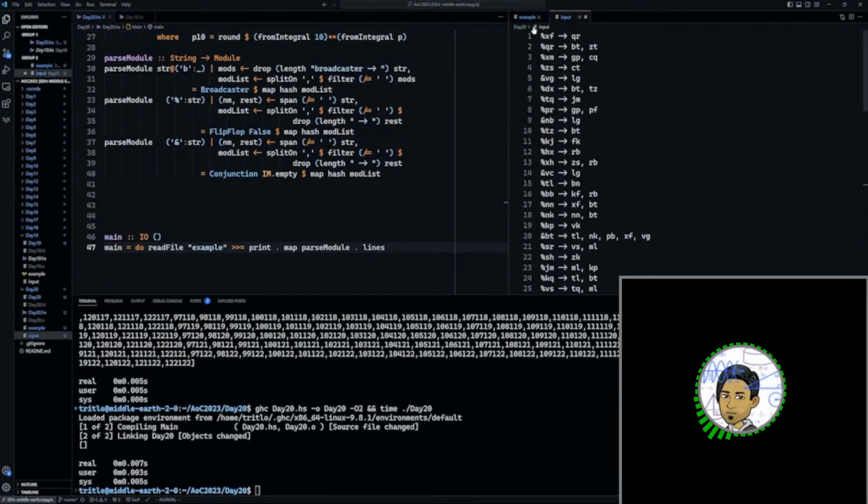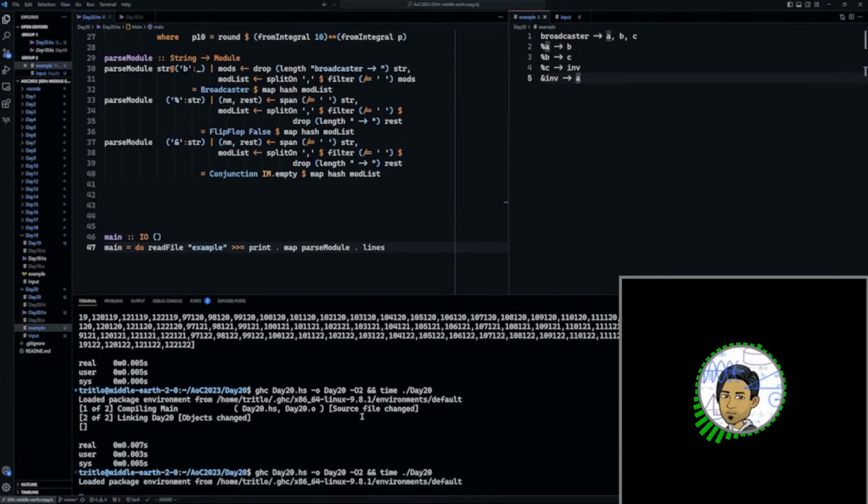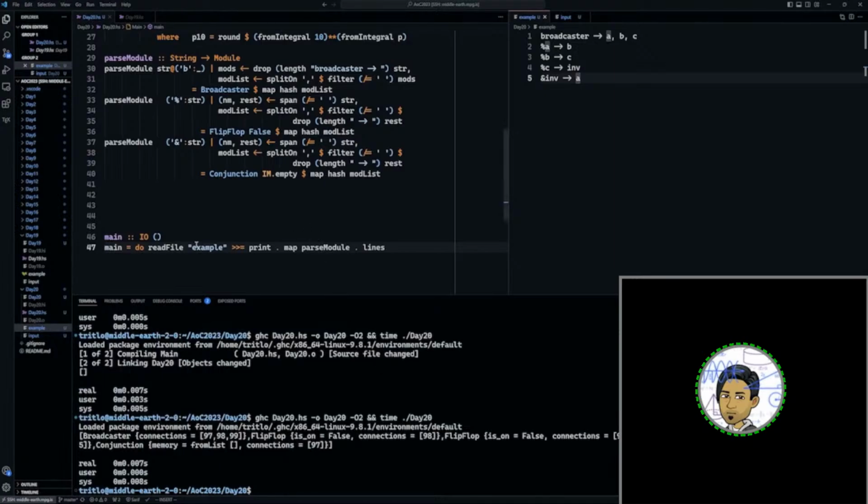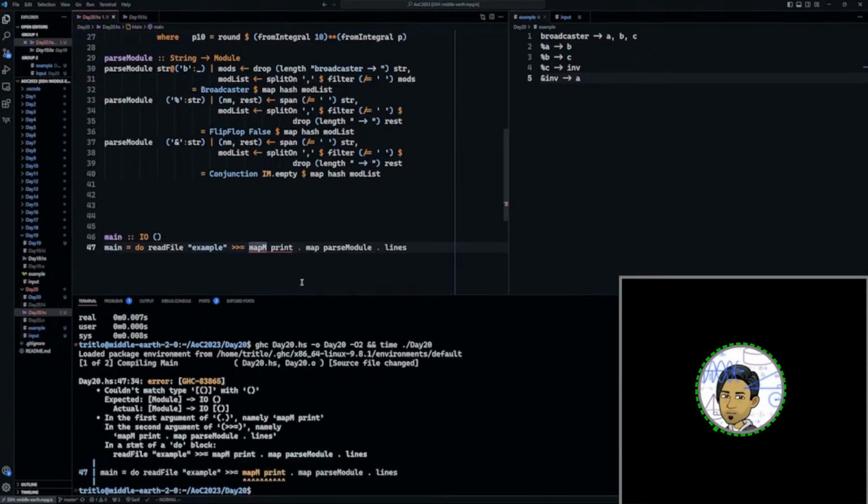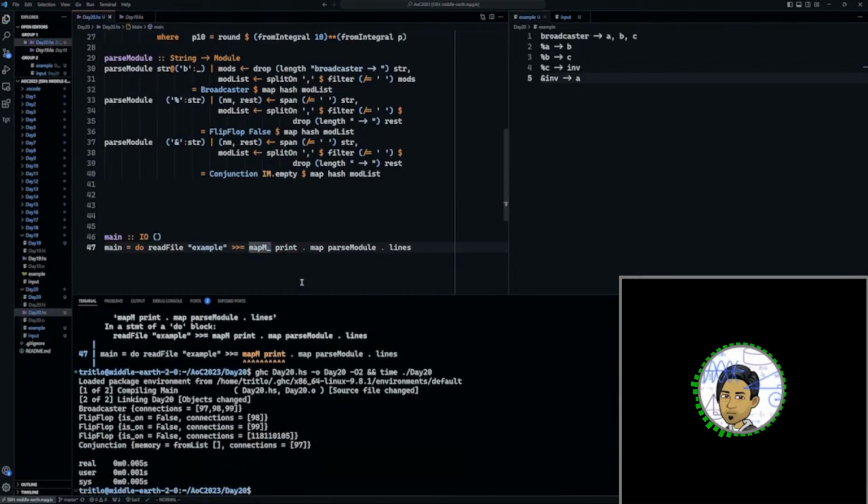I forgot to save it. Okay, let me see. Let's say map and print. So we got the broadcaster connects to A, B, and C, and then A connects to B, and B connects to 9, and then C connects to